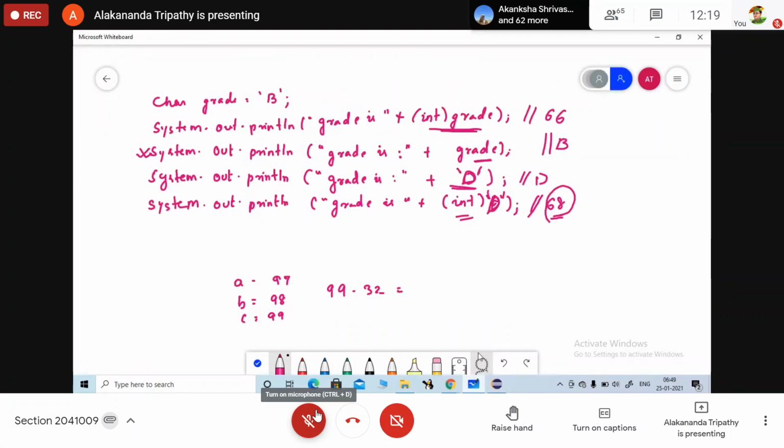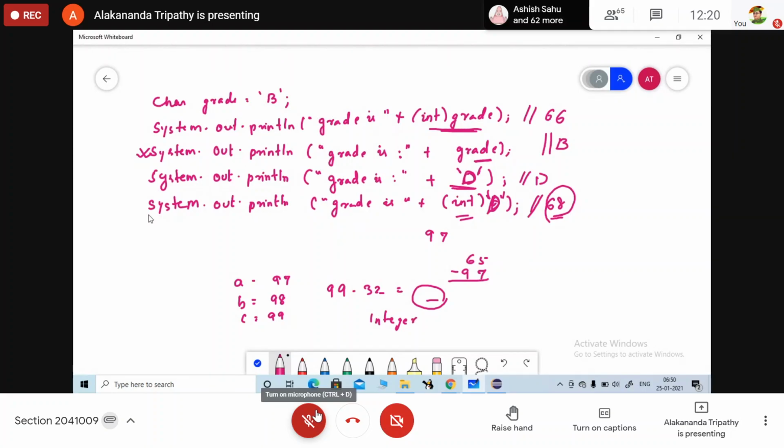What is the value for small a? 97. Capital A is 65. So 65 minus 97, what is the answer? You are getting the answer in terms of negative. So which number is it? It's an integer number.